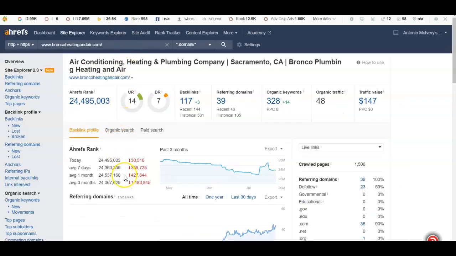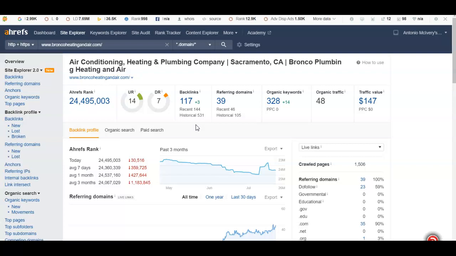So we're going to be taking a look at a tool called Ahrefs. It just shows how your website is doing. I am showing that you have 117 backlinks. Now, backlinks are links that are on a website that lead back to your website. So it does generate more traffic. Now, not all backlinks are going to be equal. So for example, a backlink coming from a restaurant versus a hardware store may bring in a different type of traffic.